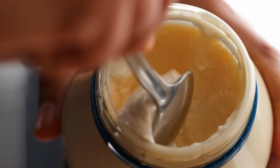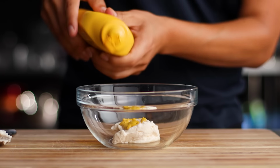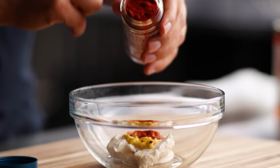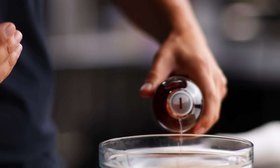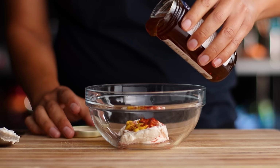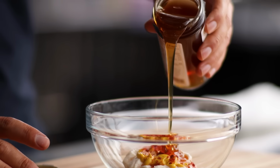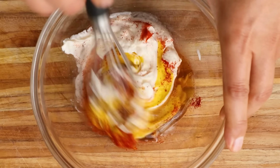For this dressing, I have the usual suspects. I have, of course, the mayo. I'm gonna add a little bit of yellow mustard for tang. I love using smoked paprika in this because it's going to give the overall dressing a nice rose color. Let's add a couple dashes of vinegar. And I also like to add honey. Sometimes recipes like this call for sugar, but I instead like to use honey because it'll also give the dressing